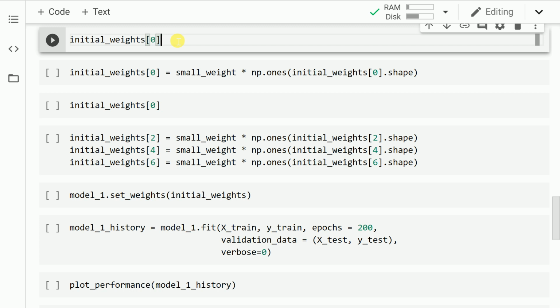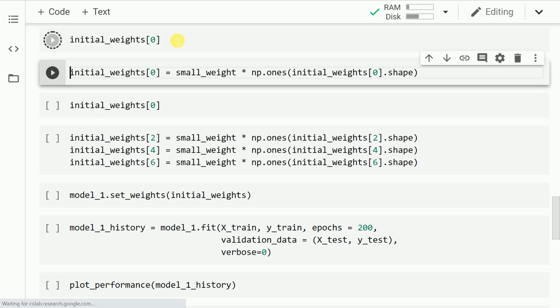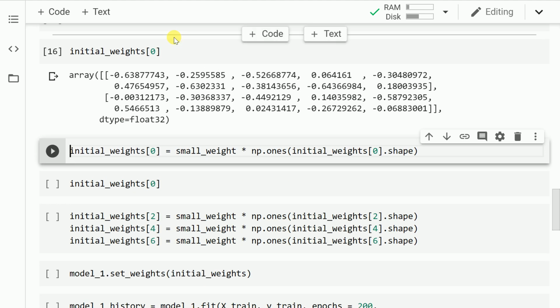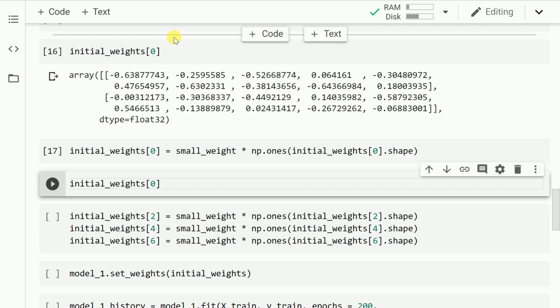Let me show you the weights of the first layer, that is the layer connecting the inputs and the first hidden layer. So let me run this. So these are the weights that I have. In all, I have 20 weights. Now that I've shown you all the weights that exist in the first layer of our model, let me go forward and reinitialize it to the small value that I just showed you above. The way you do that is you catch hold of that variable, small_weight, create a numpy array of ones, and the shape that you want is the exact shape of that layer. So let me run this cell, and let me now again show you the initial weights for the first layer.